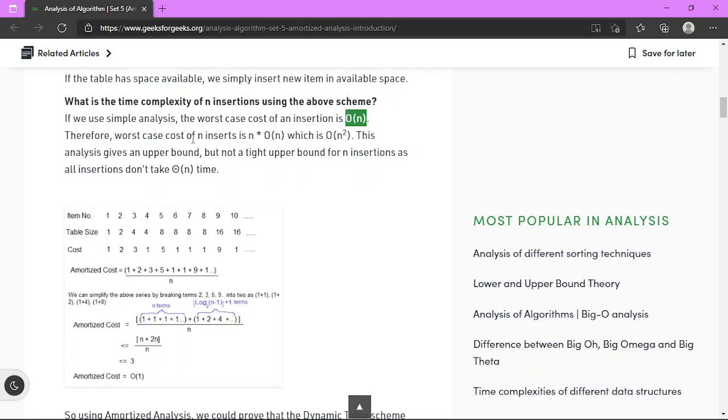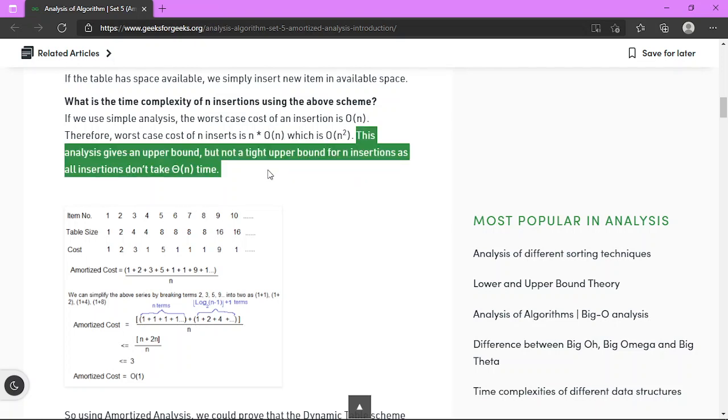If there are n elements, it will incur n inserts, and for these n inserts, n into order of n will be there, which is equal to order of n square. So this is actually not practical.